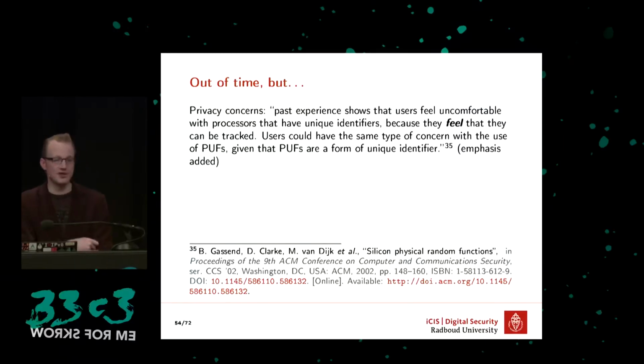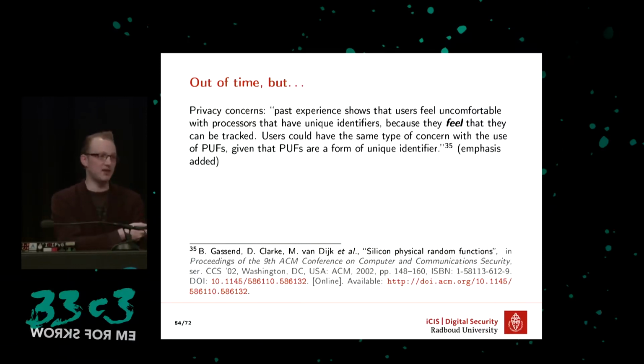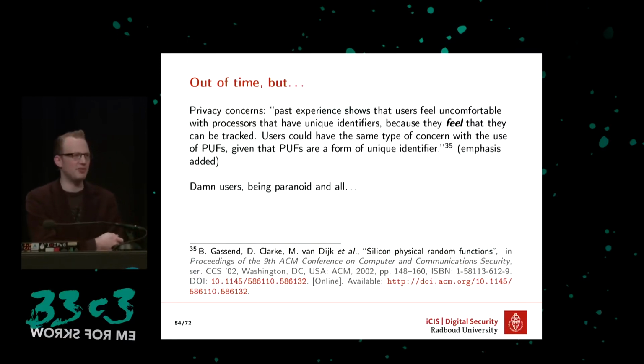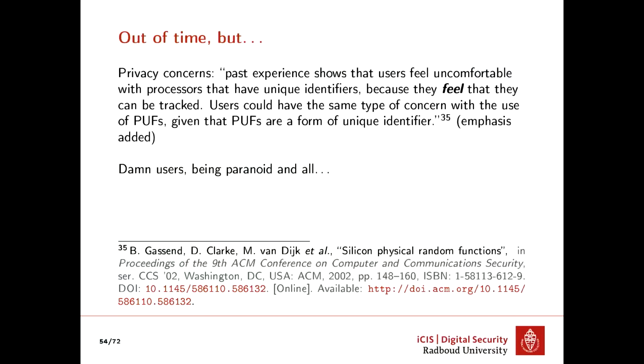Finally, a word on privacy. I don't have too much time for this, but I really like the fact that they mentioned that users feel they can be tracked if you have a unique identifier, as though it's not a valid concern rather than the users being paranoid. Now, back to the controlled PUF. You can add personality IDs as a user. If you challenge it, you add a personality. So one application reading the PUF gets a different ID from another application, which changes the entire output of the hash function. No paranoia required anymore, hopefully.